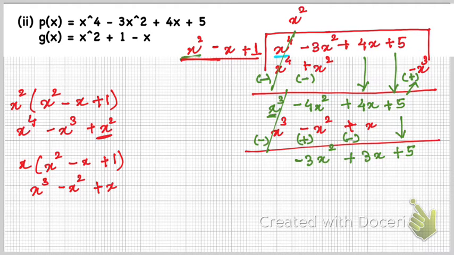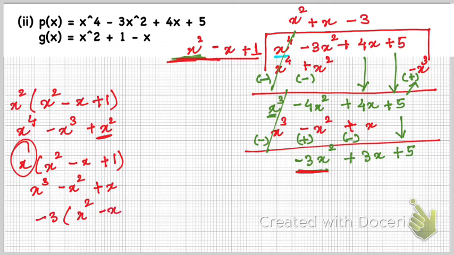Now again, this is x square over here and this is minus 3x square over here. So what we need to do, we have multiplied it with x, right? Okay, now here we have x square and here we have minus 3x square. So multiplying it with minus 3, we will get minus 3x square. We will multiply gx again with minus 3, what we get? Minus 3x square